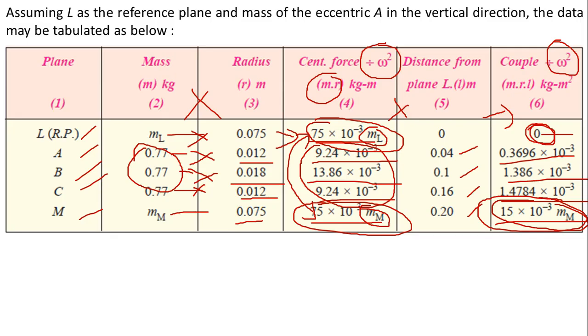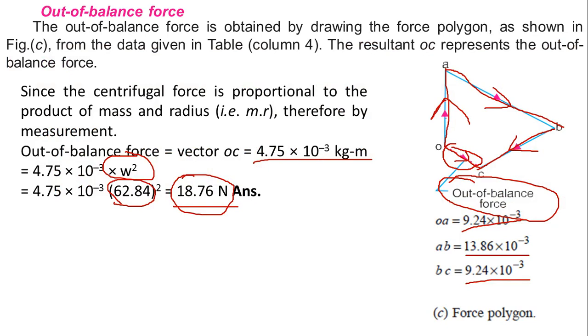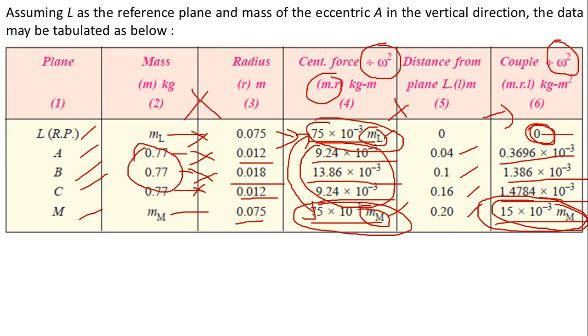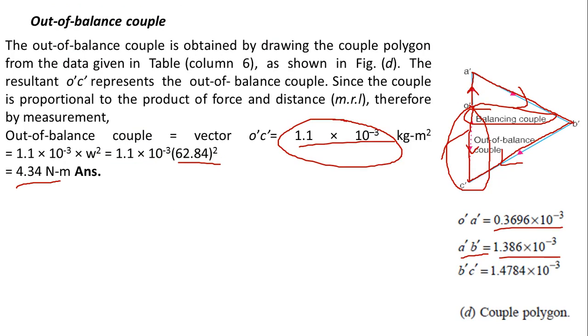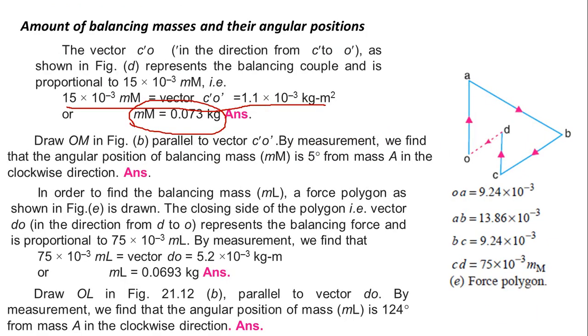Okay, next the remaining part, now for the out of balance force. Here we have taken directly the out of balance force, not taking it earlier because we didn't have the values of the masses ml and mm. So now that mm is known to you, substitute the value of mm here. We'll be getting the 4 values, and the other value can be found out easily. Once again we'll start solving this. So O to A, this value is known to you, then A to B, then B to C. You have to stop at C, same as what you have drawn here.